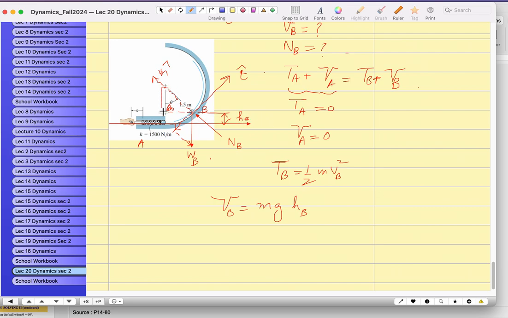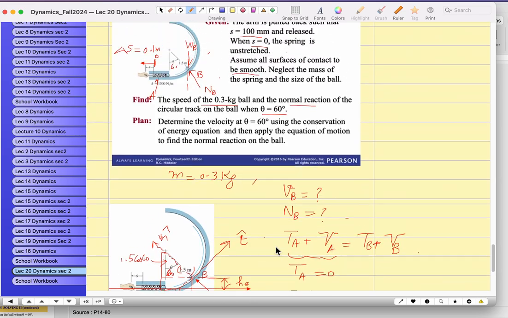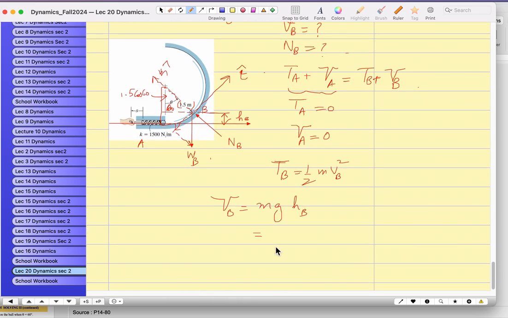What is this? This radius of curvature is 1.5. So can I take this right angle triangle? This is 1.5 cosine 60. So I'm going to write down h sub b equals, and it is going up, so it is positive. That's correct. So mass is 0.3 kilogram,